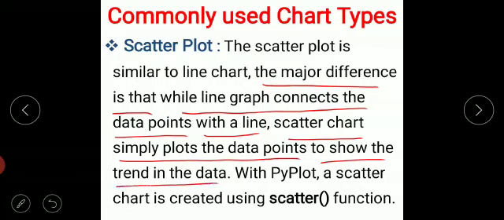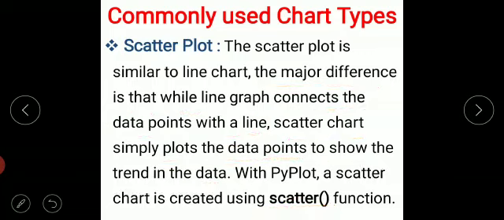Right, means here in scatter chart, those data points will not be connected with the line segment. This is the difference. The difference between line and scatter chart can be asked, so you have to remember it. Right, children? Now, with pyplot, a scatter chart is created using the scatter function. Getting? Now, let's see how to use it.